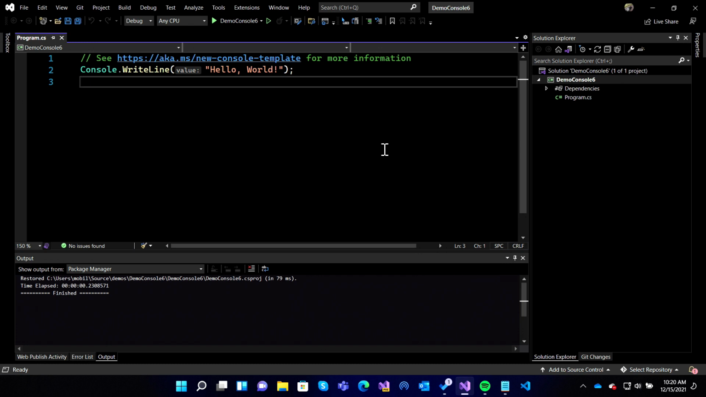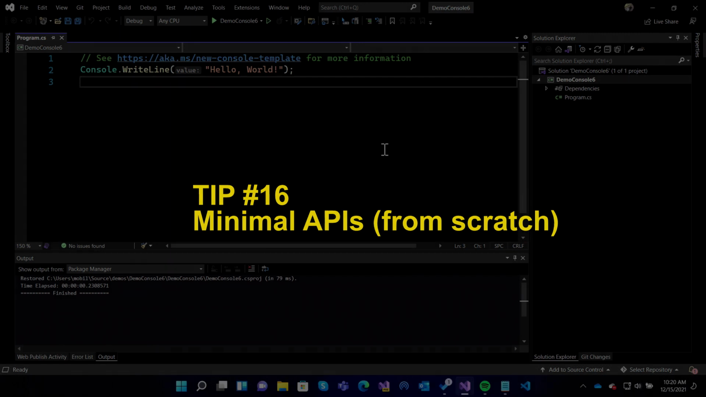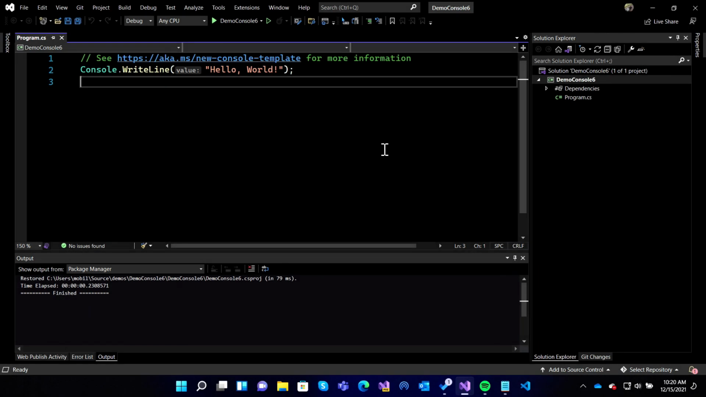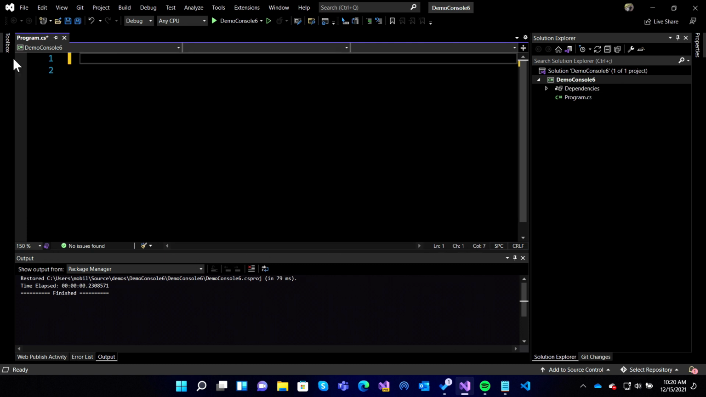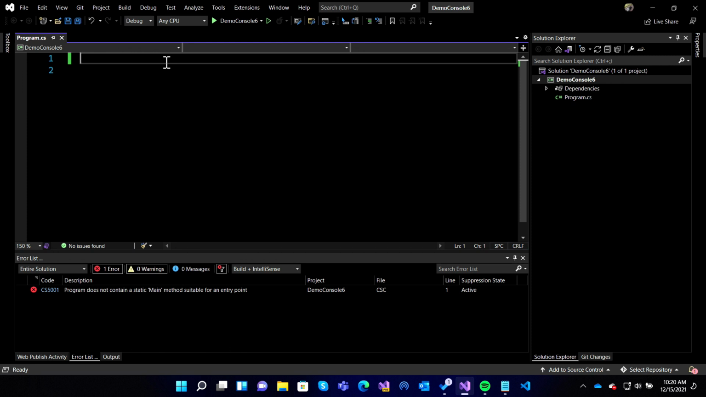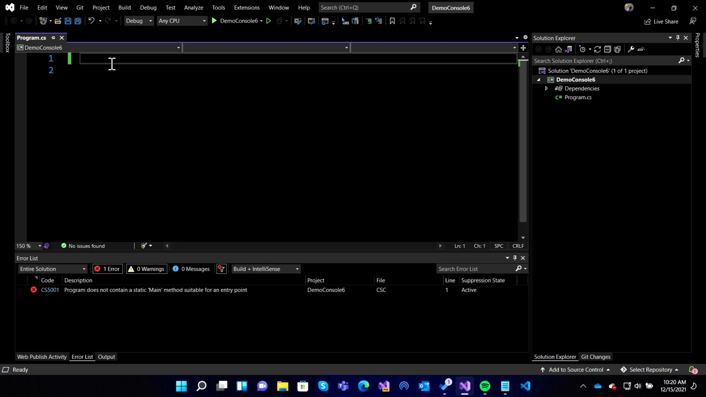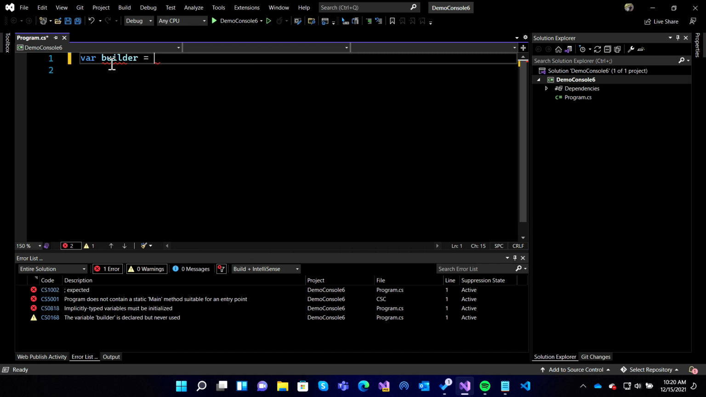The next thing I wanted to show was this new thing called minimal APIs. I'm sure some of you have seen some of the demos on the minimal APIs, but what I wanted to do was build a minimal API from scratch so we can decompose it and see what it takes to do this. So the first thing I'm going to do is get rid of all this stuff. By the way, if you don't have anything in there, it won't run. I tried that. It says the program does not contain a static main method suitable for an entry point, so you have to have at least one thing in there. Okay, so I'm going to do var builder equals WebApplication.CreateBuilder,